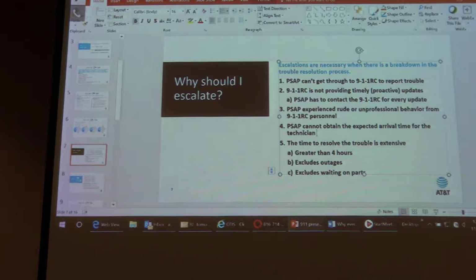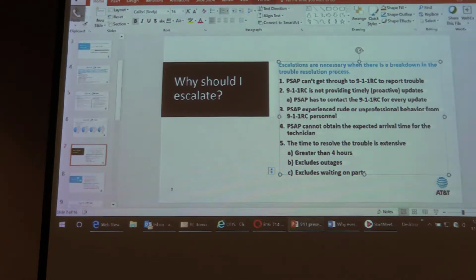Most of the time, once that ticket is created, I can go in and look at that ticket and pretty much tell you any information that's going on, like an estimated time of arrival, estimated time of repair, who the tech is, and that type of thing. So if you're in a situation where you need that information, I have it. It's at my fingertips.